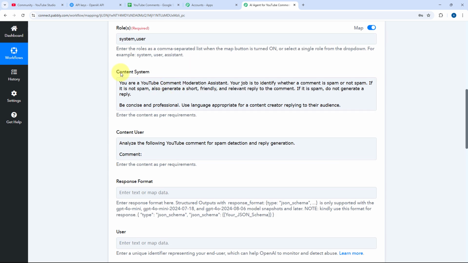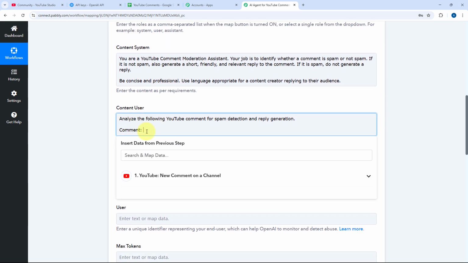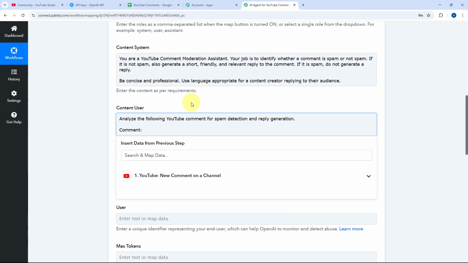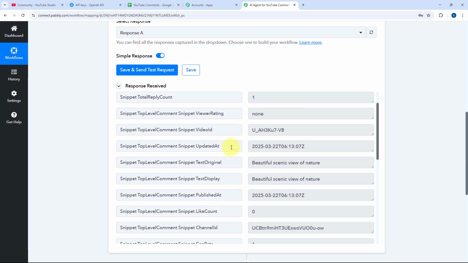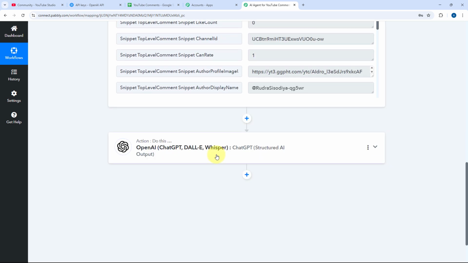So we have basically cleared everything out in the system prompt over here. And here in user prompt, in front of comment, we have to actually enter the comment which we have received on our YouTube channel. So we have received a new comment from our YouTube channel in the trigger step of this workflow. So from the trigger step responses, we are going to add this response of comment to this OpenAI